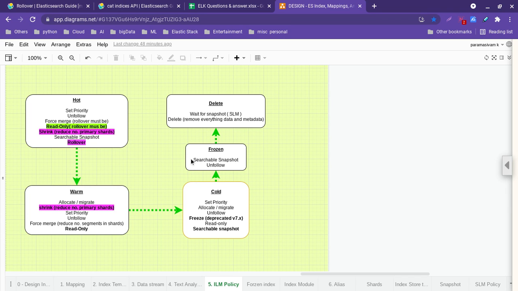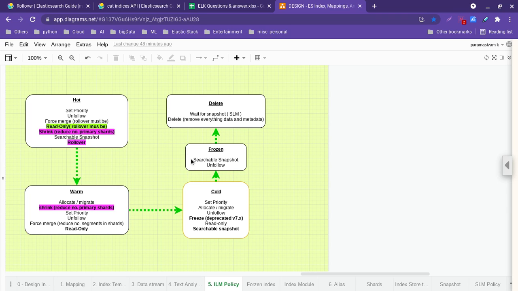Or else, if you don't want to keep extra data, let's say for monitoring, or you only need one week of data, then after one week I can simply delete. At least I will have space, right? I can do the delete automatically, so space will be saved. If I get a report every week, I don't need any report older than a week. If that is the business requirement, we can keep it in the hot node for a week, and after that delete it straight away.